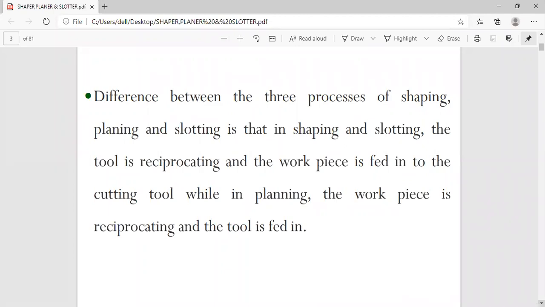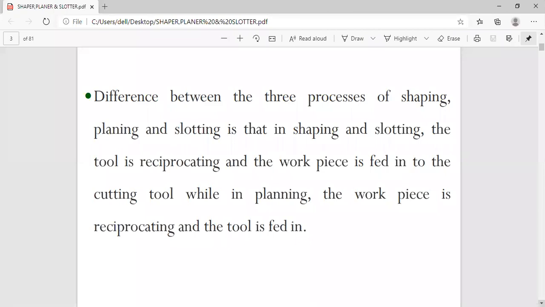Or else, in a simple way, you can say in the working principle of the shaper, in a shaper machine, a single point cutting tool reciprocates over a stationary workpiece. The workpiece is stationary.